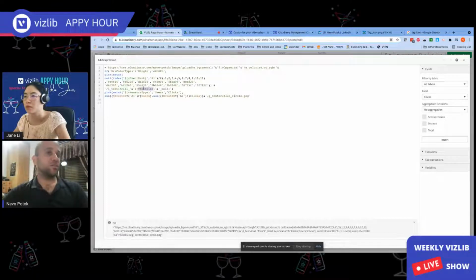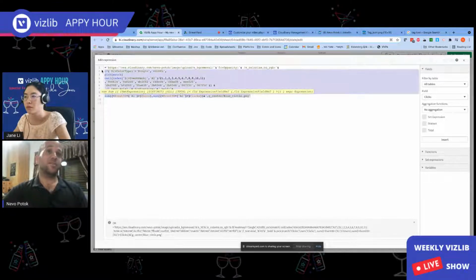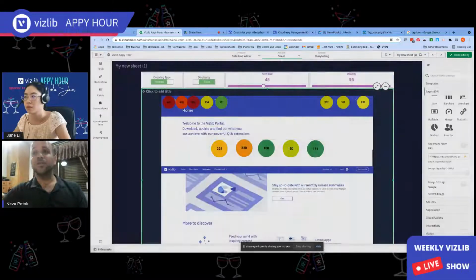So like I showed you before, we are controlling the font size, and this is controlling if it will be presented for user or click, and then we have the aggregated function. So this is for event A1. We are summing the number of users or summing the number of clicks, and this is basically built as